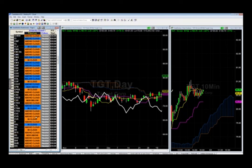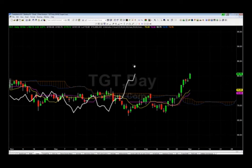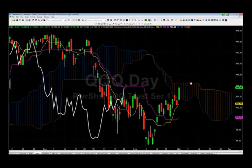Okay, QQQ is going to do the same thing as the S&P, or same thing as the NASDAQ. QQQ, it's still a short until it crosses above that basic 106.60 area. How exactly do you establish the entry? Well, if it goes 1 bar above the cloud, that's an aggressive long. 2 would be moderate. 3 would be conservative. Now, you can scan that using Thinkorswim, TradeStation, TOS, but if you don't have that ability, let's go over here to